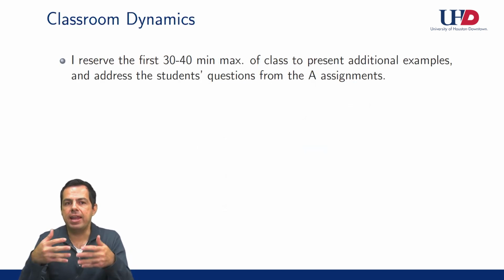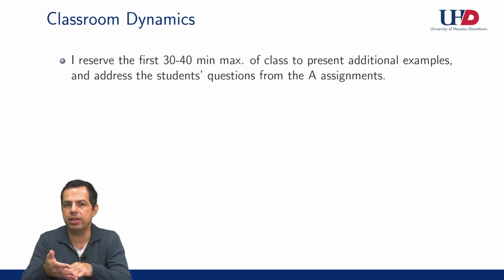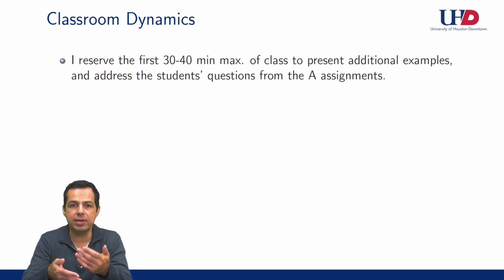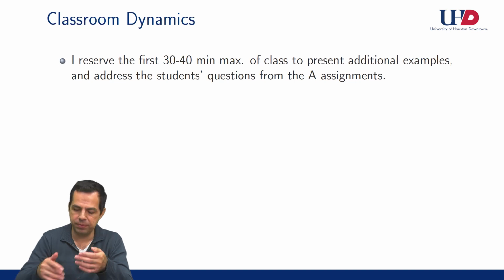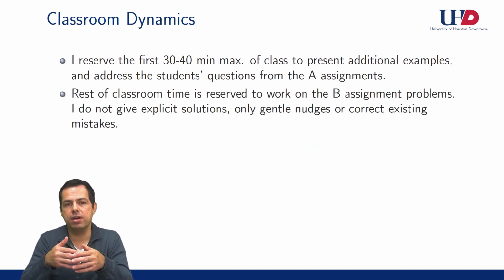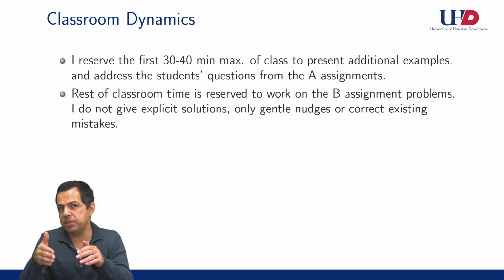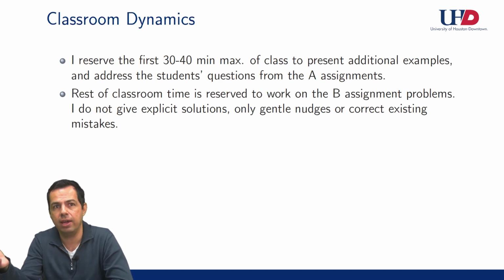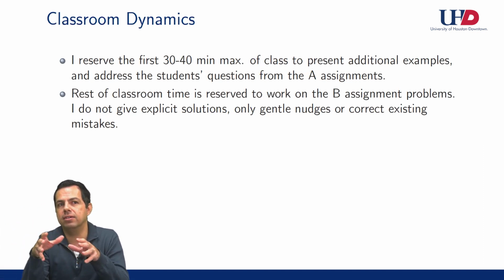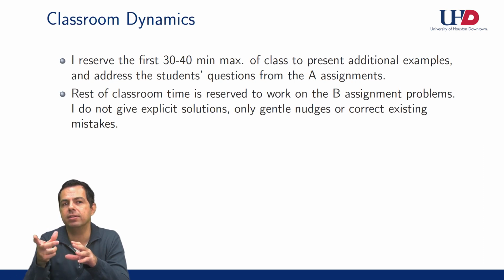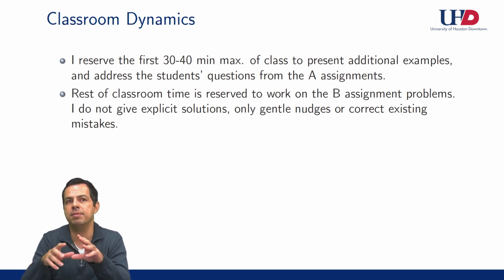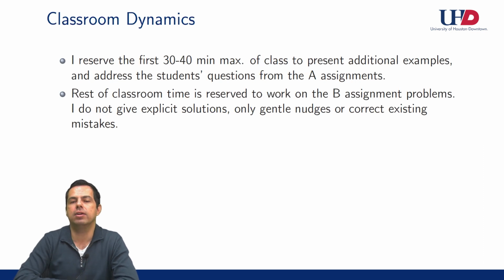Okay, the dynamics of the classroom are very simple. I reserve the first 30 or 40 minutes of the class to present additional examples. I also like to address the students' questions from the A assignments. The rest of the classroom time is reserved to work on the B assignment problems. I do not give explicit solutions, okay? I do not say, look, you have to obtain, I don't know, x equals 10. What I always tell them is, okay, you have to fix this part because look at the definition or look at what we did in this example. So students quickly correct the mistakes